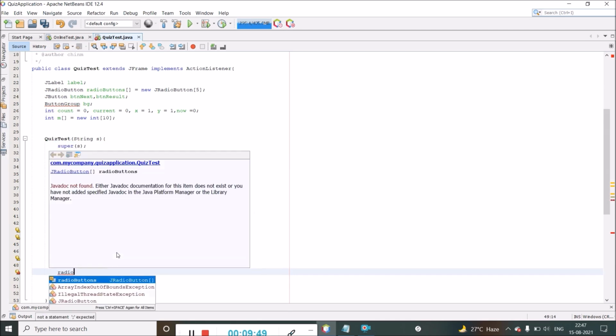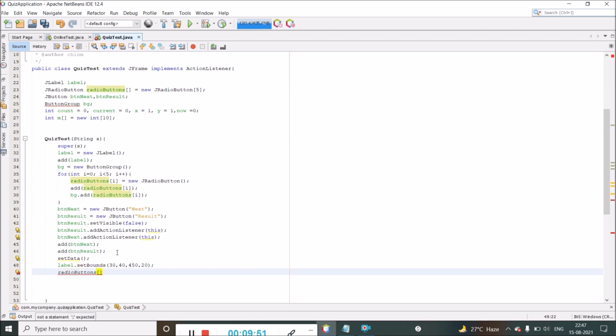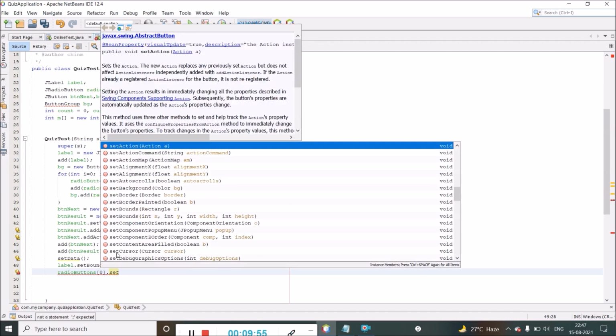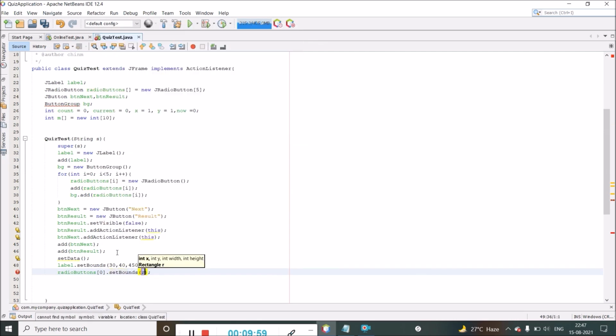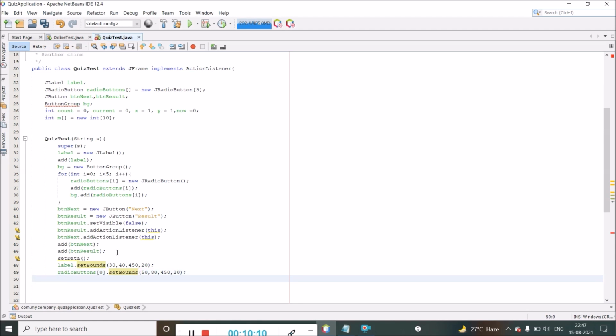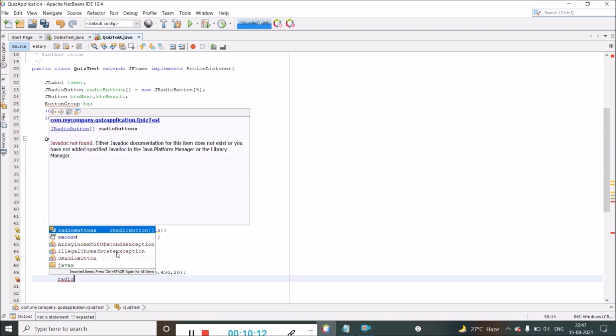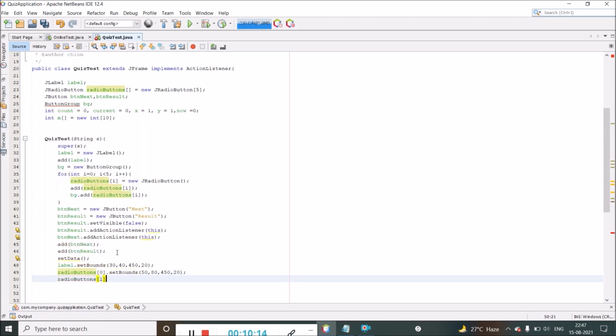So we are setting the bounds with the help of index. So for first radio button we will be calling radio button of 0 dot set bounds, and inside this we will be setting bounds as 50, then 80. Similarly for our next radio button, that is radio buttons of 1 dot set bounds,